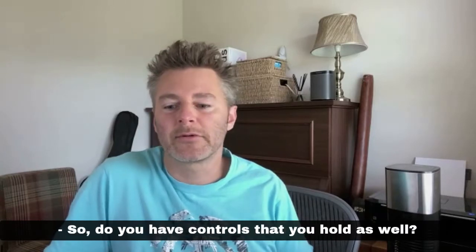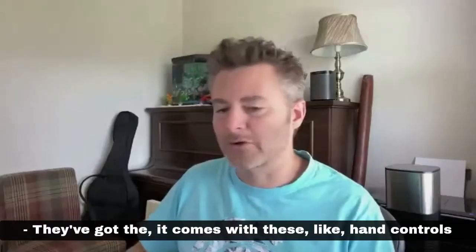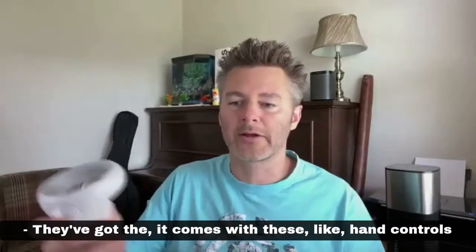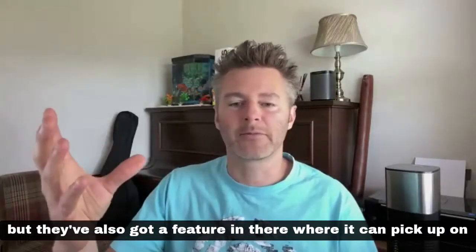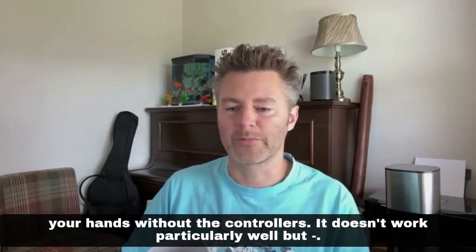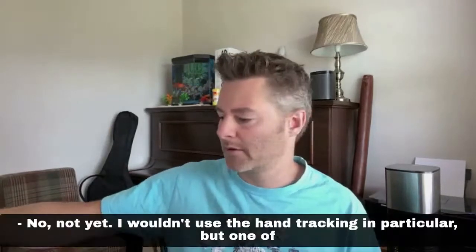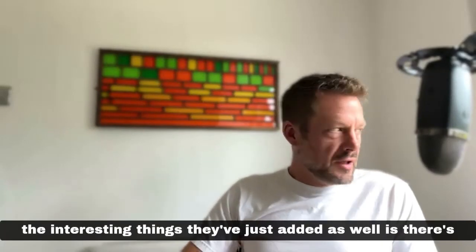So do you have controls that you hold as well? It comes with these hand controls, but they've also got a feature in there where it can pick up on your hands without the controllers. It doesn't work particularly well, so I wouldn't use the hand tracking in particular, but one of the interesting things they've just added as well is